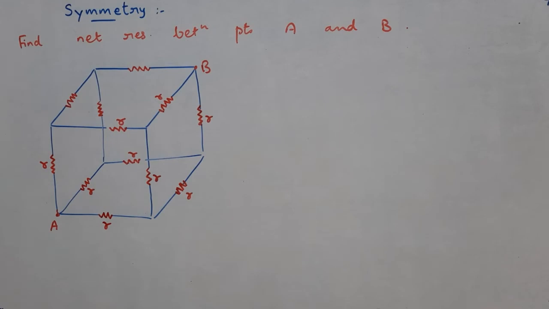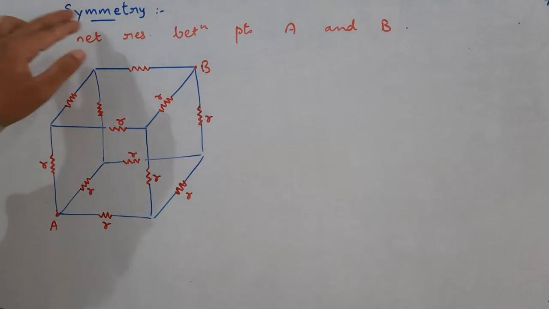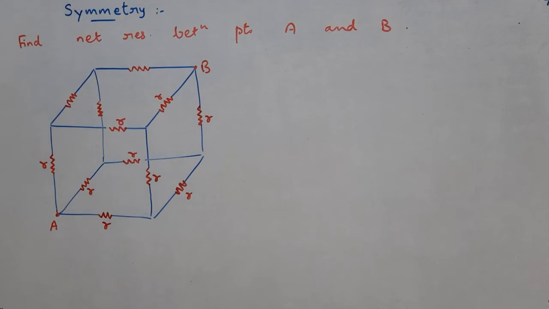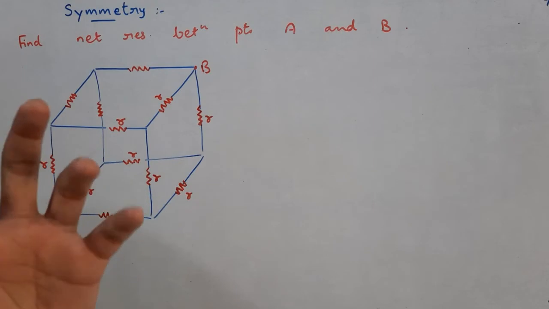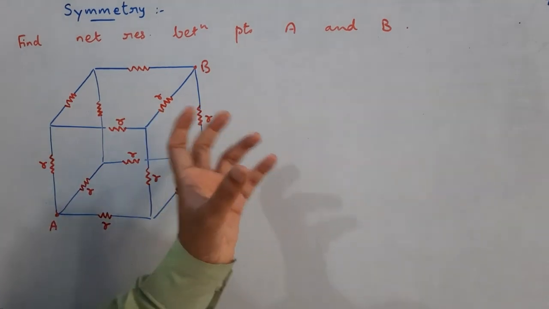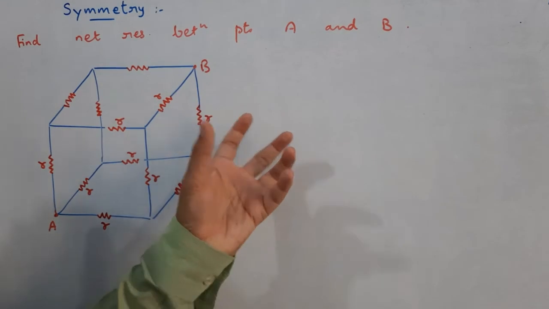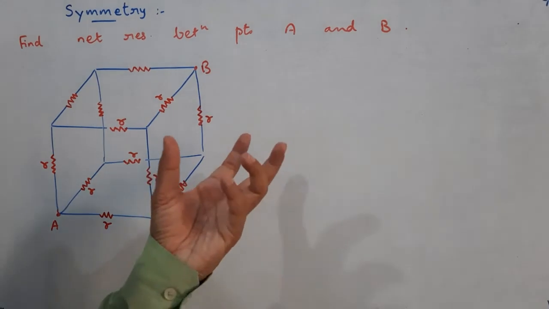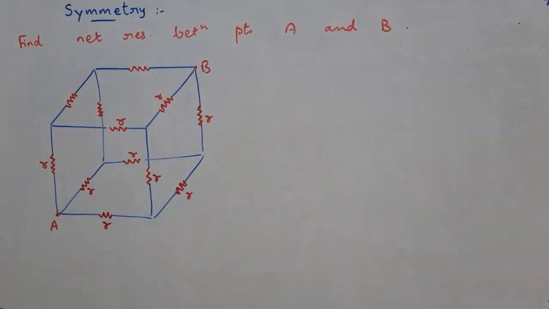You will find this question very interesting, students. And I will discuss 2 or 3 questions based on this concept of symmetry. Symmetry, for example, is sphere. If you have a sphere in your hand and somebody asks you to close your eyes and he shows you the sphere first and then turns the sphere by some angle and again shows it. If the sphere is of single color, then you will not be able to identify whether it has turned or not. Both of them will appear to be similar. So that is what we call as symmetry.